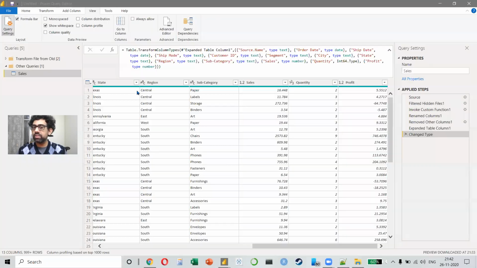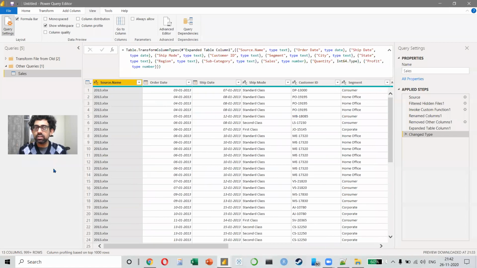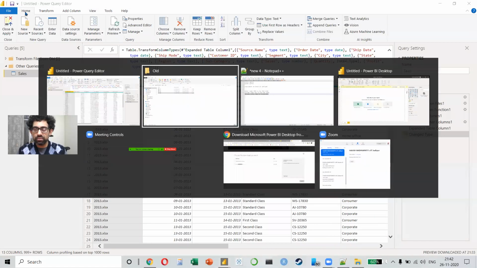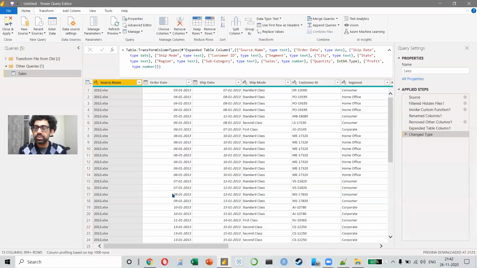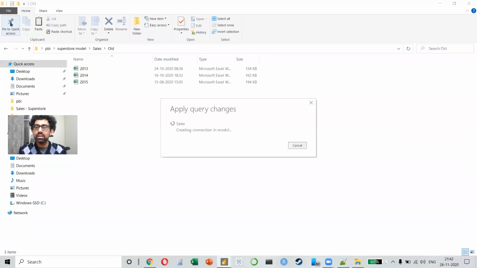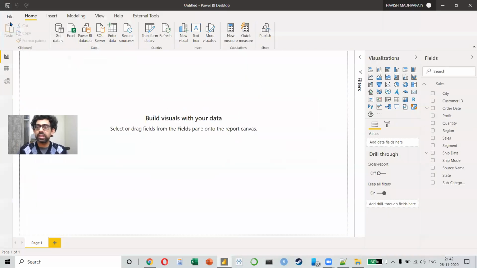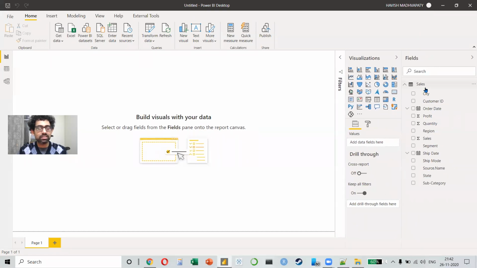So we are on Power BI. Let me click on home. In fact, let me remove 2016 first. How do you send this data to Power BI? We'll click on close and apply. What will happen is that the data which has been combined for the 3 years will get sent to Power BI like this. So now you notice we only have one query called sales, and this is not for 2013, 14 or 15. It is the combined data for all the 3 years, right?